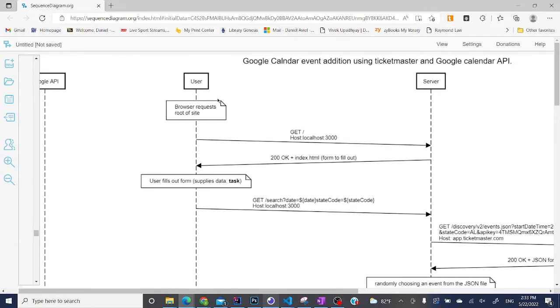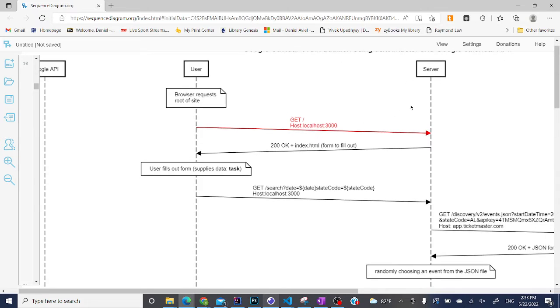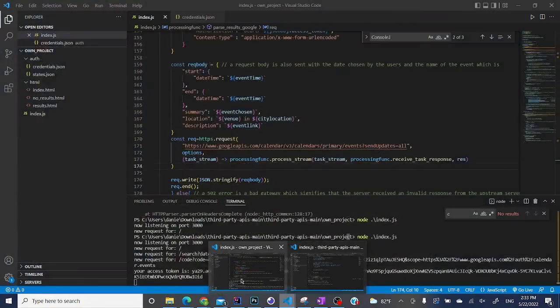It starts over here with the user. The user first makes a request for the root of our site, and for our site, the host is localhost 3000 because it's found on my local computer. Once the server receives this get request, it will send the response with the code 200, which means okay, and it will also send the file index.html, which could be found right here,